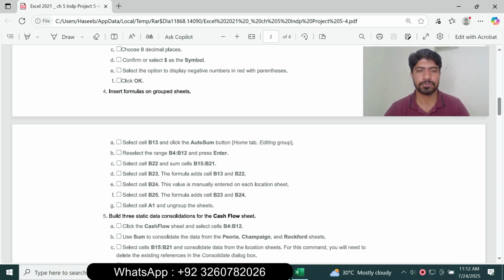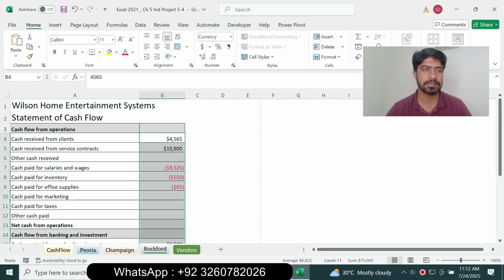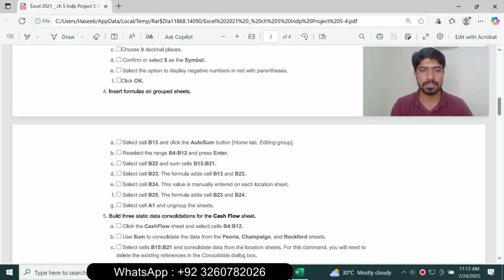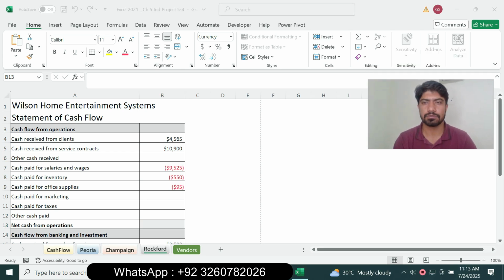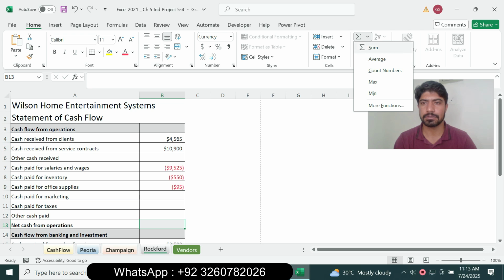So select B13 and press enter. Select B13 and click the AutoSum button. So go to the Home tab, go to the Editing group, and click the AutoSum